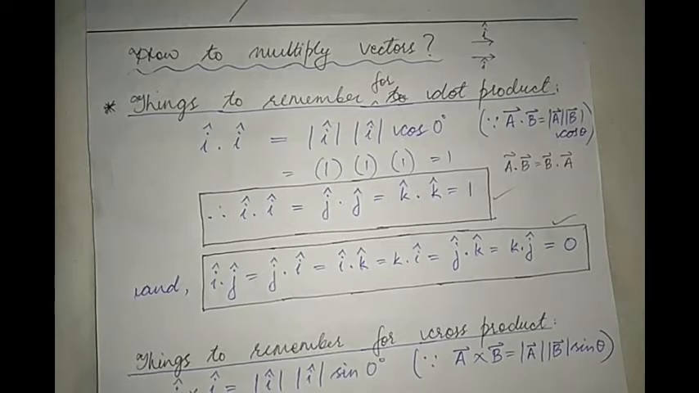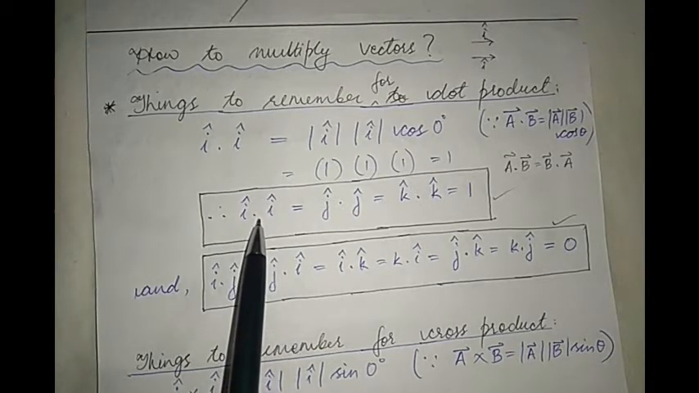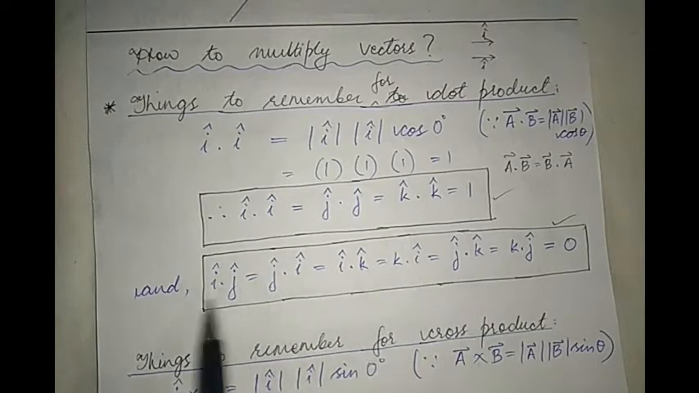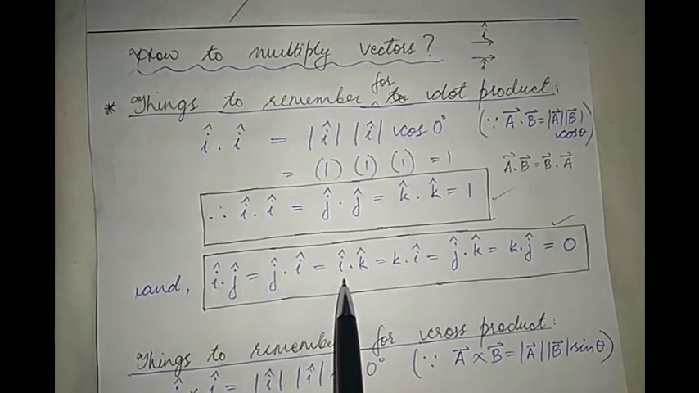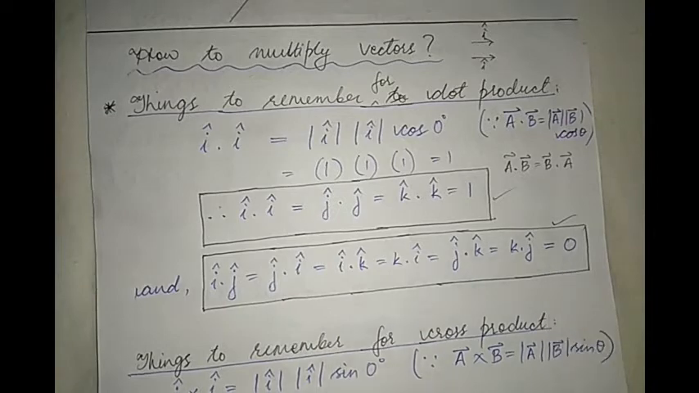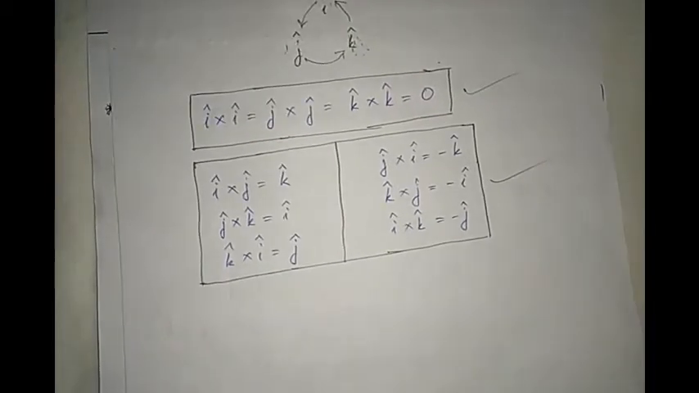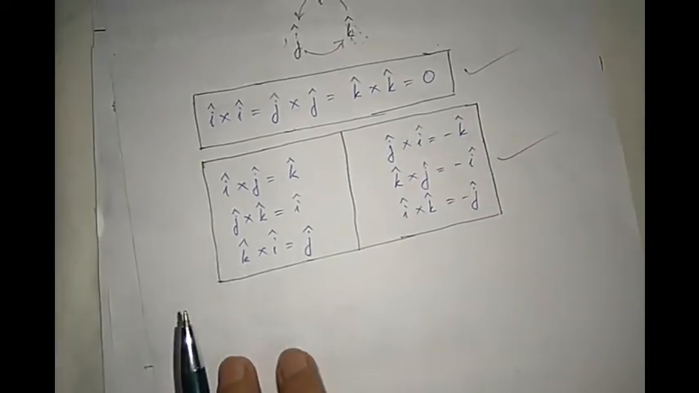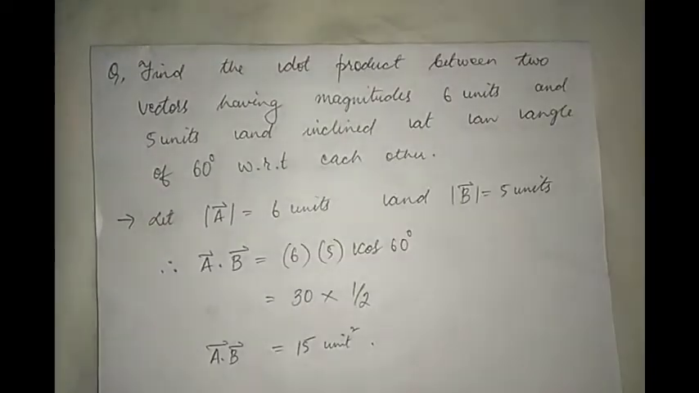In the previous video, we've learned about the different rules for vector multiplication. This is for dot product: i dot i, j dot j, k dot k is 1, and i dot j, j dot i, j dot k, all these come out to be equal to 0. So these are the rules for dot product, and this is the rule for vector product that we checked in the previous video. Now, keeping these things in mind, let us deal with certain numerical problems related to multiplication